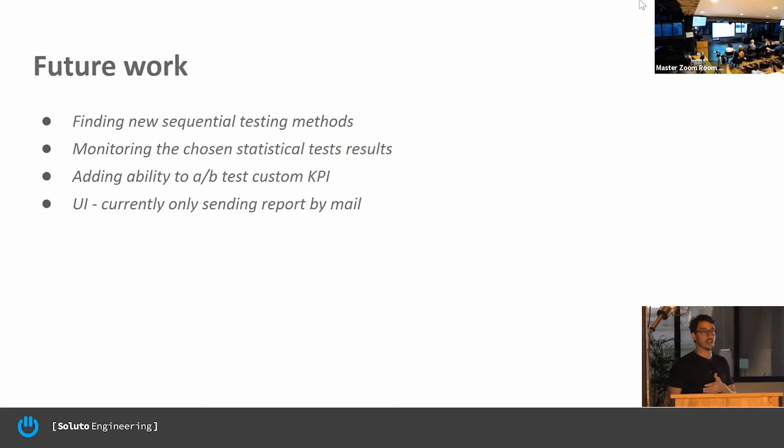And UI changes. Currently we're just sending mail. Having a web UI first will bring more engagement to this platform and make people talk about it more. So we find value in making it not mail, and also being able to easily collaborate between teams. Not just the team that created an experiment will get mail, but everybody can easily go to a web page and see the results, see what other teams are doing. So those are the most important things we're thinking about for next iterations. And that's about it.